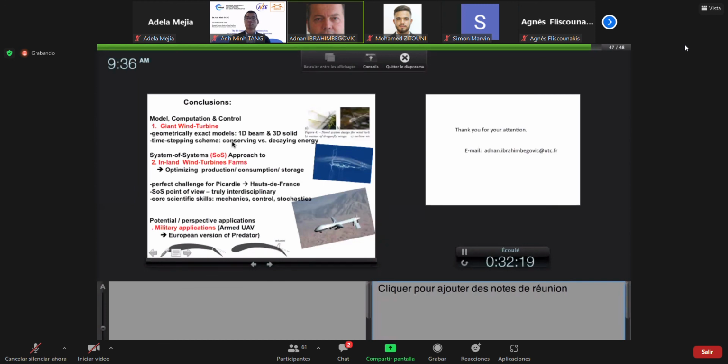The second point is if you turn now to wind turbine farms, you have many of them. The main challenge becomes really how efficient that is, given that you have a lot of interference, the wakes, between one installation and another. So how to estimate the wind load to keep the whole installation very efficient is certainly a very big challenge. We have focused here on a particular installation about energy. There's also